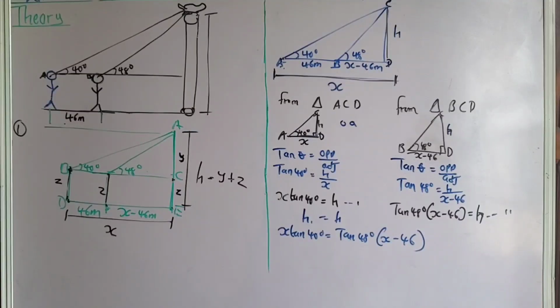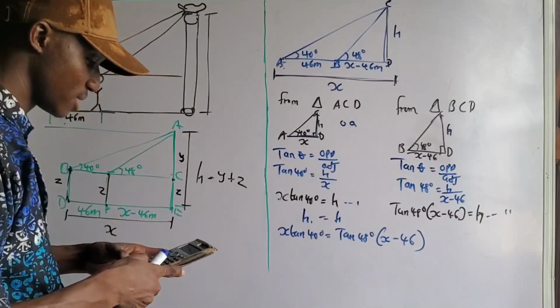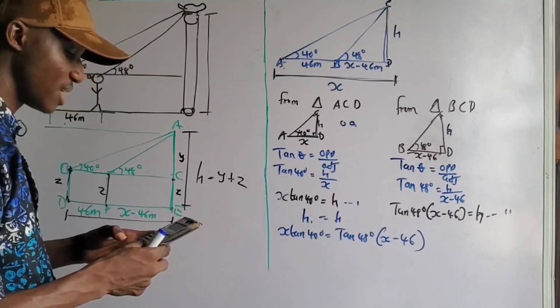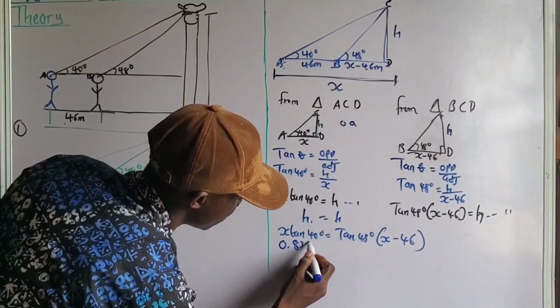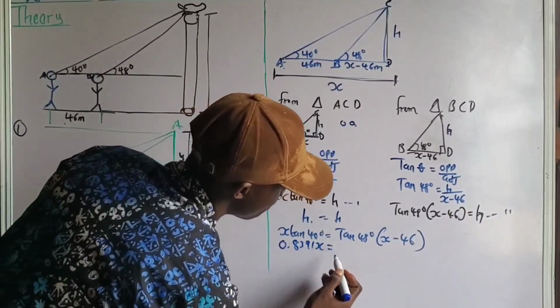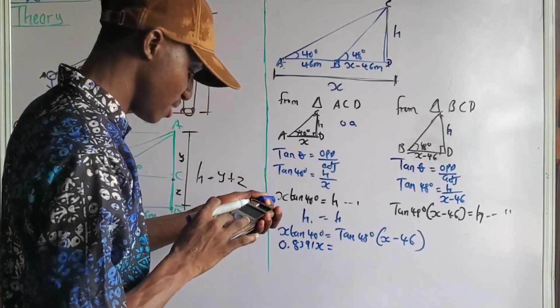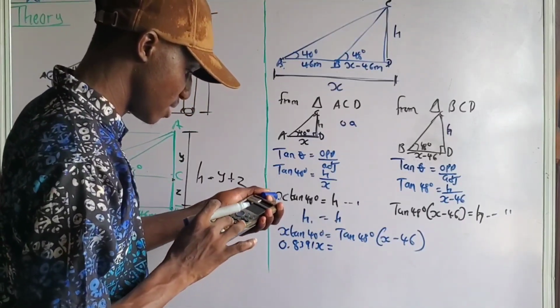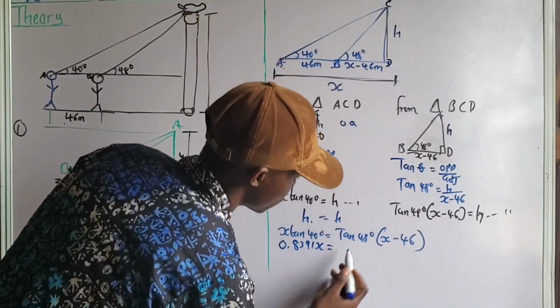For me, tan 40 degrees is 0.8391. So I'm going to have 0.8391x is equal to, now, tan 48 degrees, tan 48, that is 1.1106. So I'm going to have